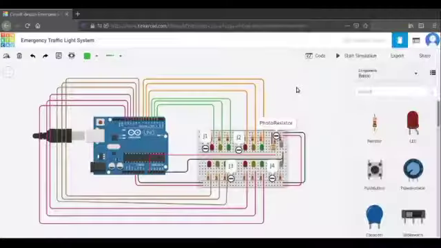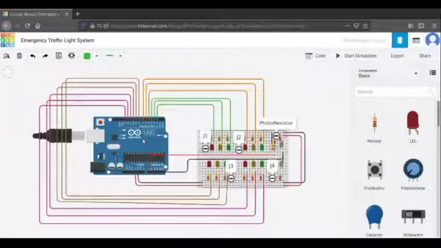Thank you Shruti for such a wonderful introduction. For creating the emergency traffic light system, we will be using some IoT devices which are an Arduino board, LED lights, a photoresistor and some jumper wires. The LEDs would simulate the traffic lights. The photo detector would detect whether it is daytime or night, according to which the brightness of the LEDs and the street light would be set.